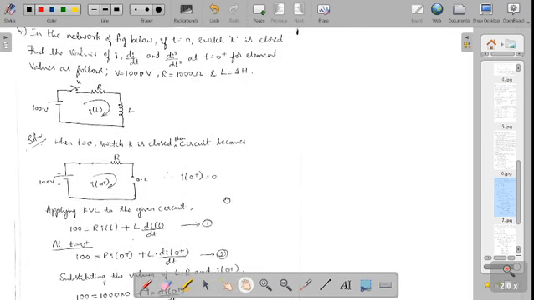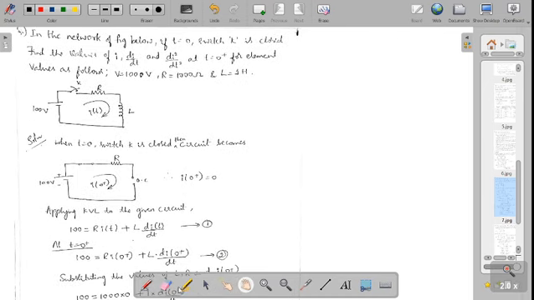They have given you the circuit, and the name of the switch is K. Earlier it was S. You may give any name to the switch. Now the name of the switch is K. The switch is closed at time t equals 0. The same condition, the switch is closed at time t is equal to 0.